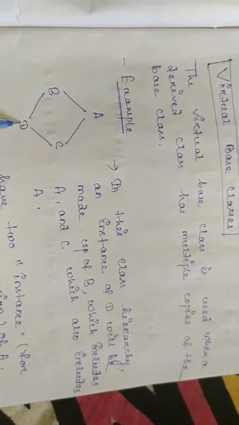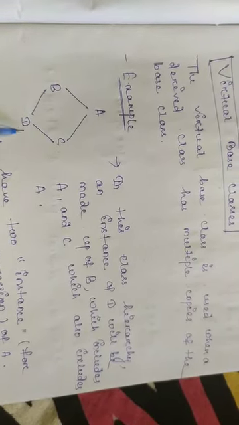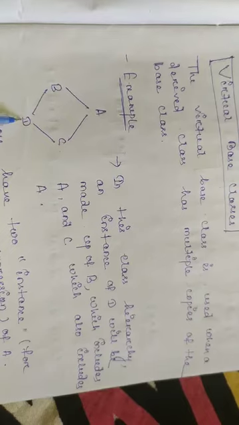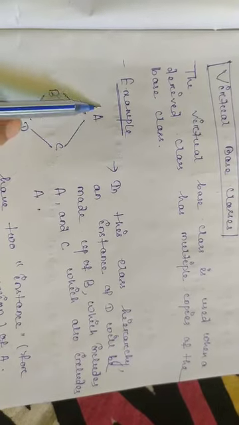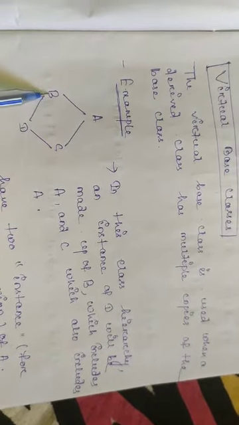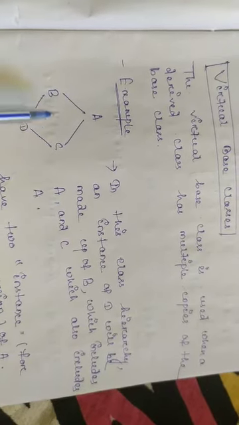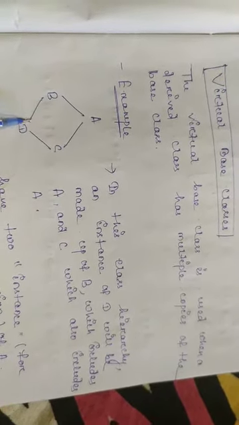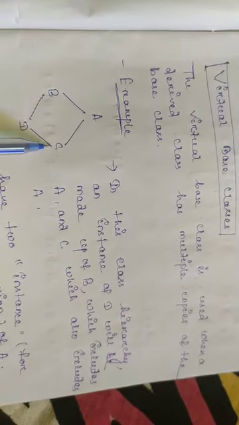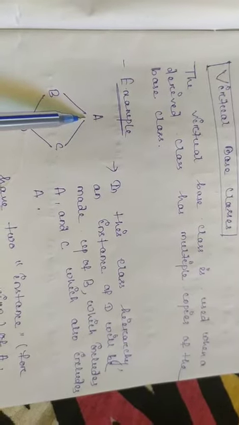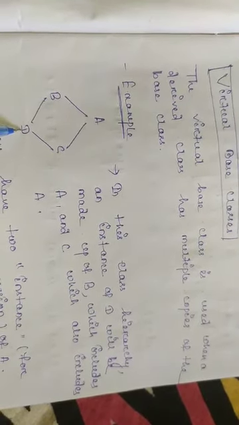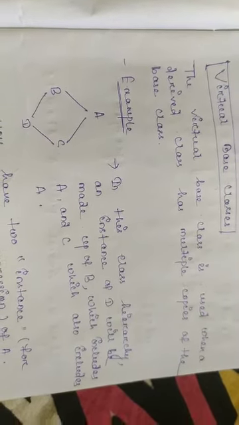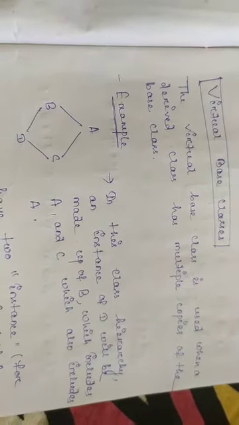So in some cases D may access some data members of A by using B as well as by using C. There are two paths, either through B or through C. D can access the data members of class A. But the problem arises when D will have two copies of the instance of the data members of A.